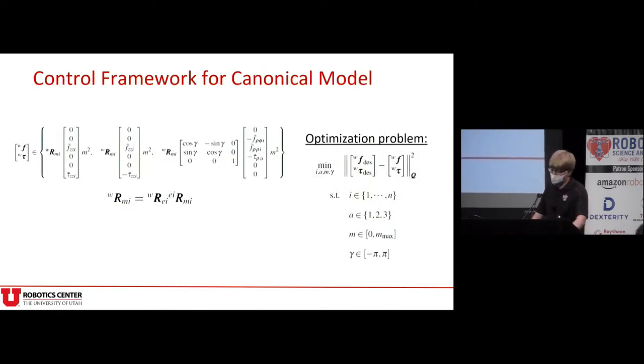The model shown previously, however, is not invertible. To use it in a controller, we need a way to map desired wrenches to control actions. This turns into an optimization problem across each magnet and each action, selecting optimal continuous values subject to bound constraints.